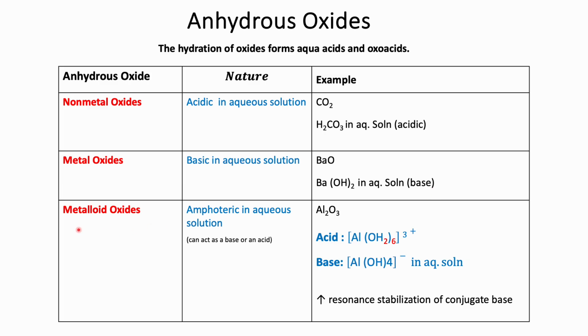Your metalloids naman are amphoteric, no? Ito yung mga balimbing sa periodic table. Okay, so amphoteric in aqueous solution. It can either act as a base or an acid. Okay, so you have your aluminum oxide right here. If you have this kind of formula right here, this would be an acid. And if you have a formula right here, okay, so this, it would be a base naman. Right, so metalloids are a bit tricky to get. Okay, so it could either act as an acid or as a base depending on your solution, right? So the higher the resonance stabilization of the conjugate base. Okay, so mamaya na to, right?